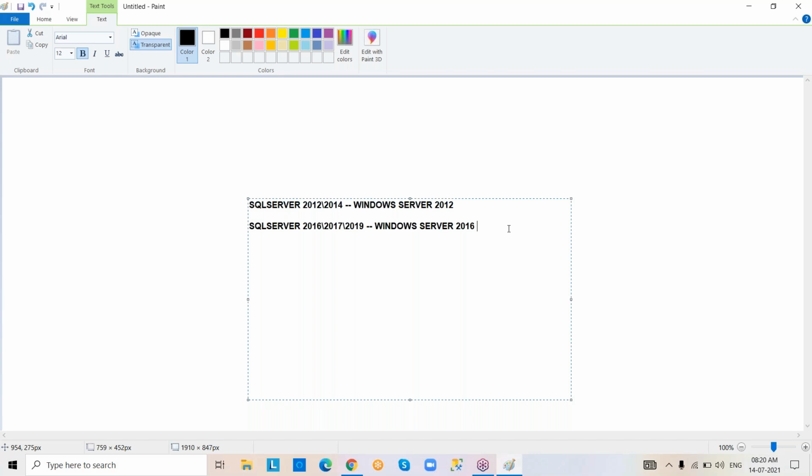Coming to the next scenario, I'm going to explain about the different servers we are going to work with. Of course, we already discussed the same thing: multiple servers and multiple databases will be there, no doubt.